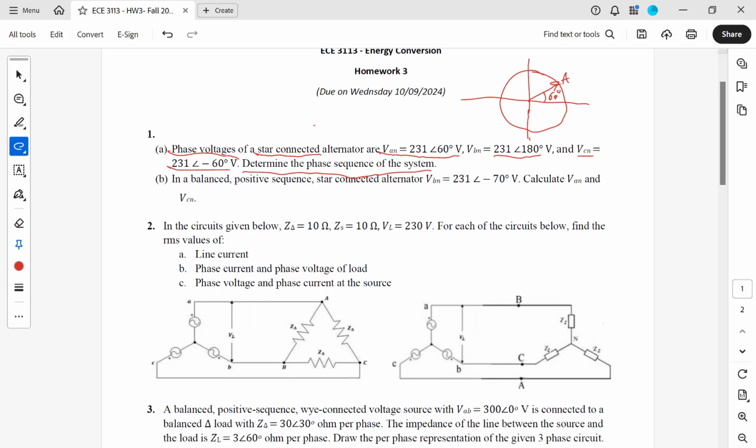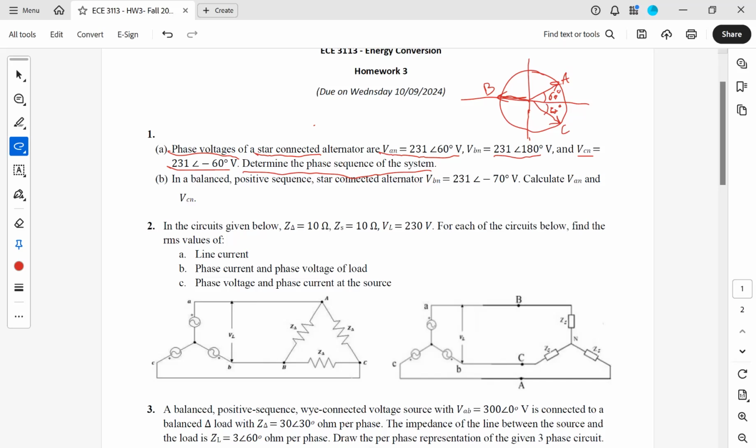The phase voltage of phase B has a phase angle of 180, which is this line. So this is phase B. And phase C is going to have the minus 60